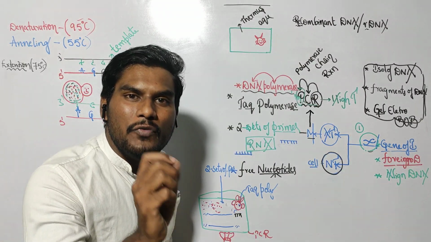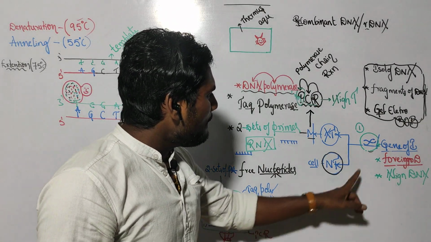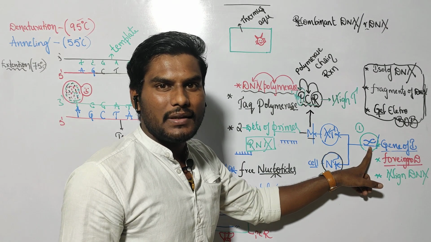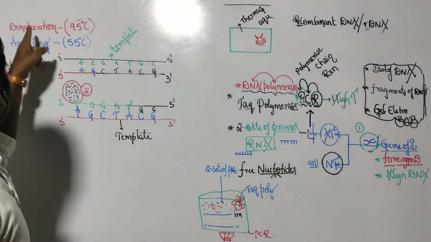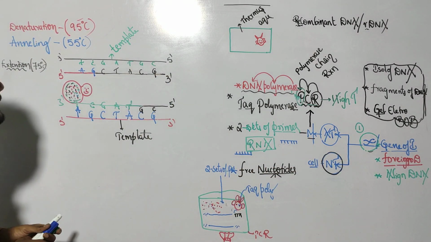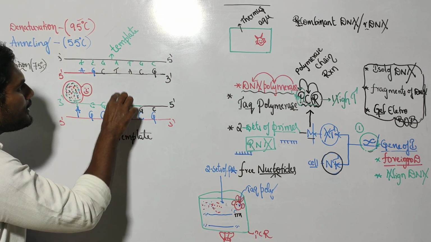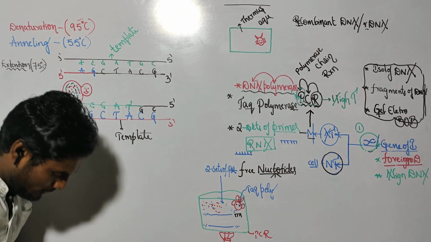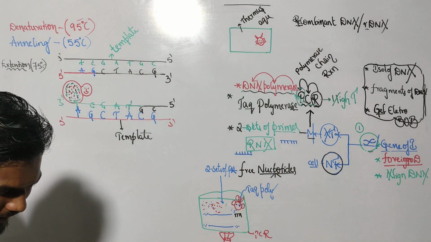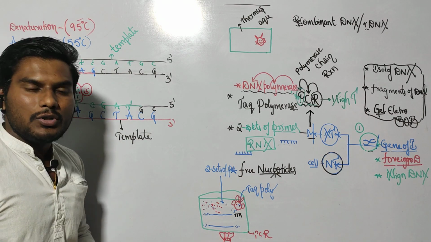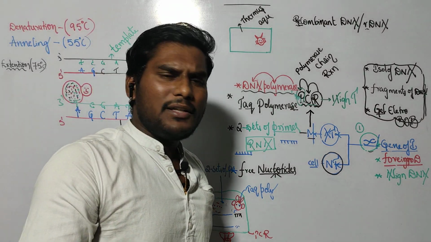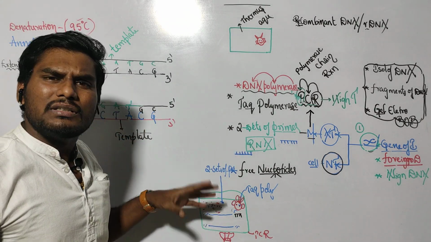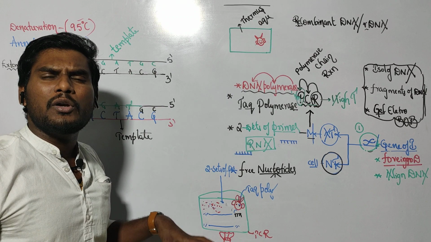Initially, we have one piece of gene of interest. After completion of one cycle, we have 2 gene of interest. One became 2 gene of interest. Further, you add one more set of primers and many free nucleotides,